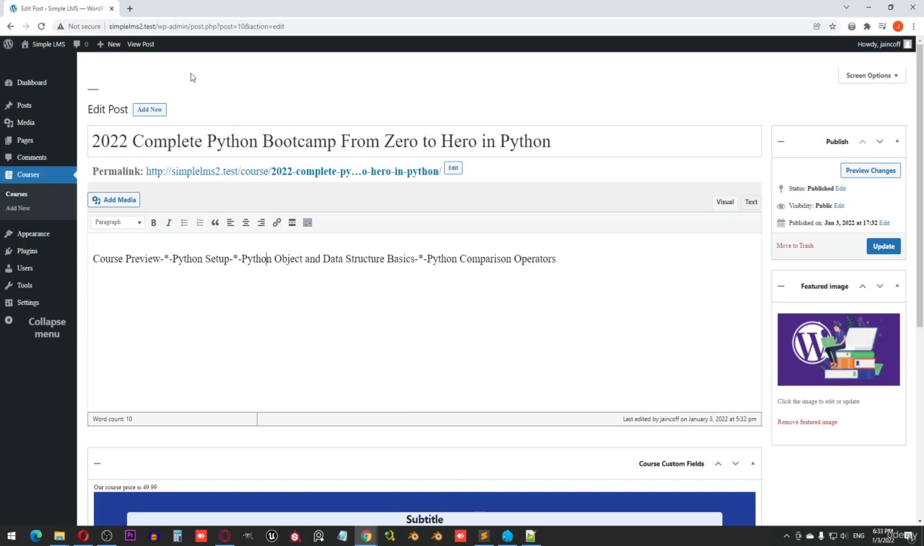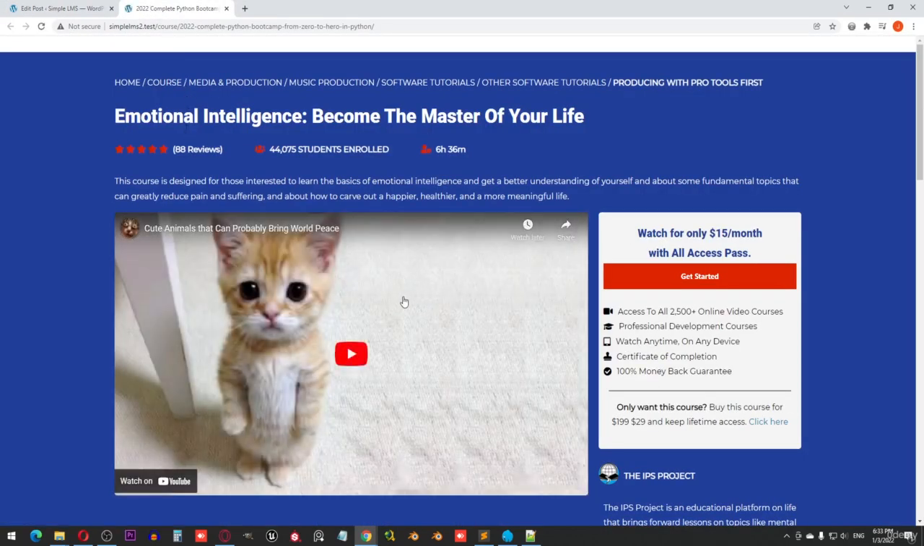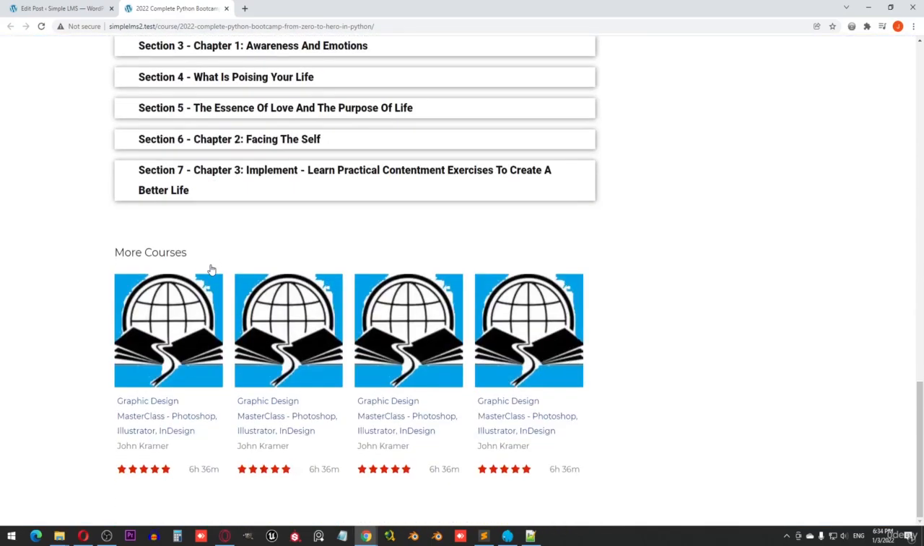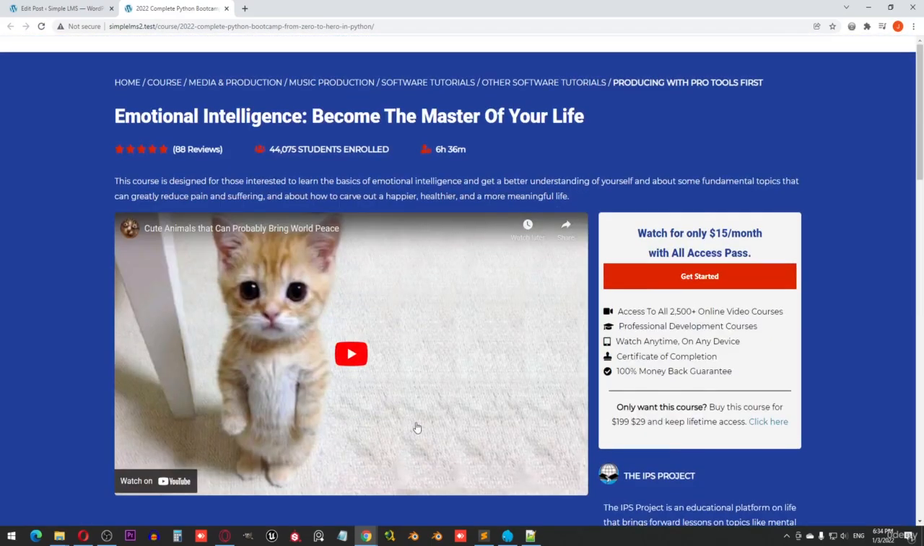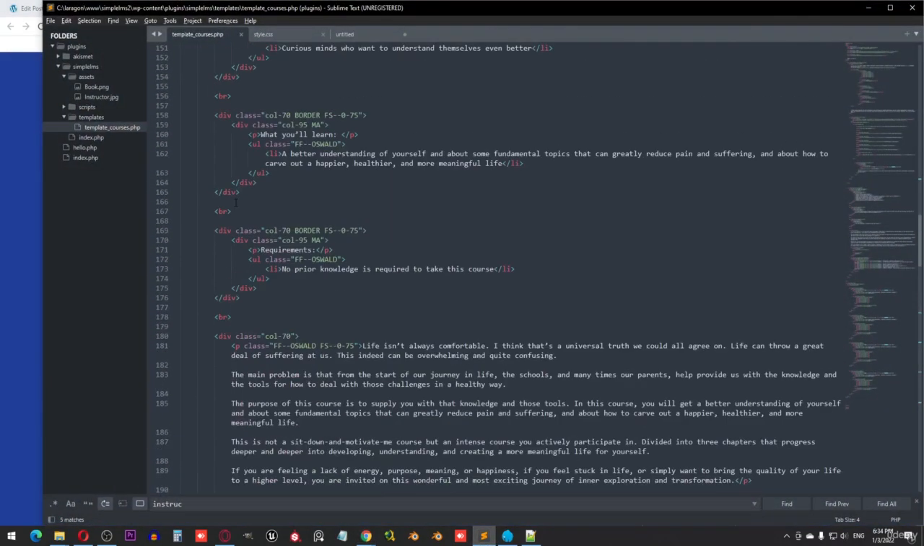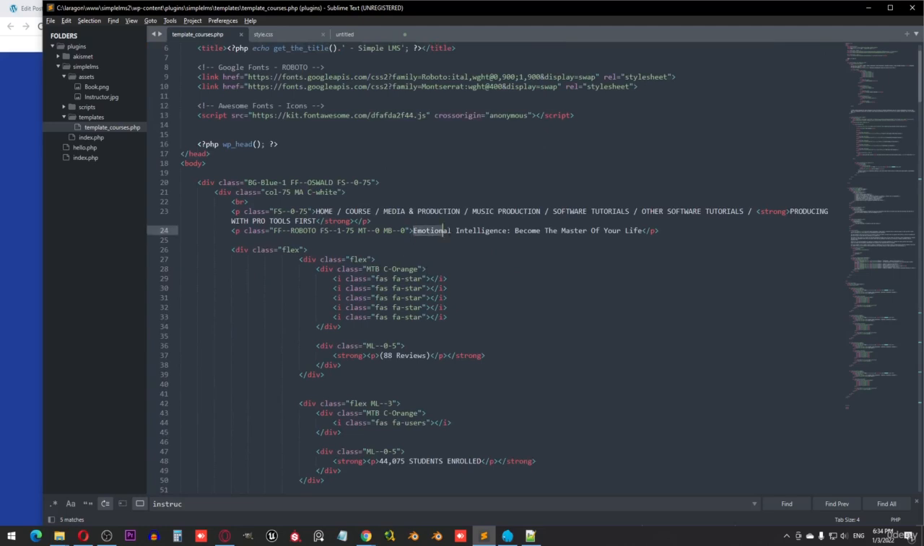page dynamic. So let's do view post. As you can see, nothing is changing. This page is static. All the details we got here are fixed. So we need to start working on it. Let's go back to the template, template courses.php, and let's start with the title. So this is the title. I'm gonna just delete it, and I need to put